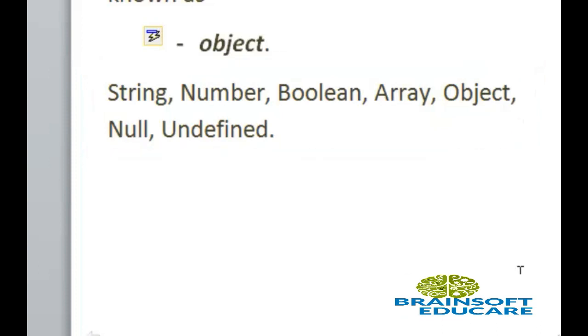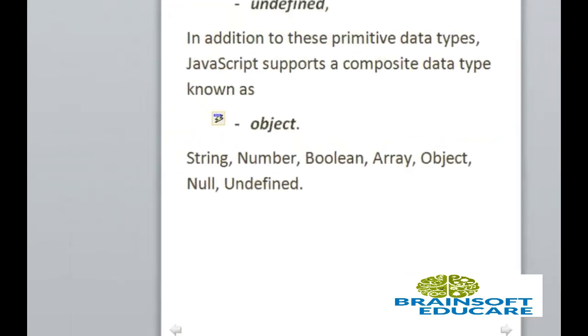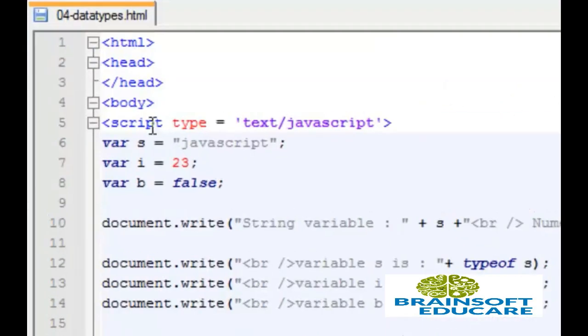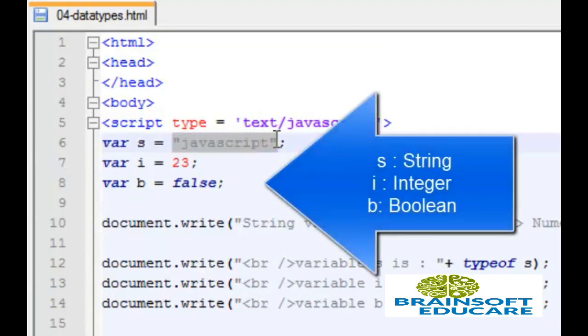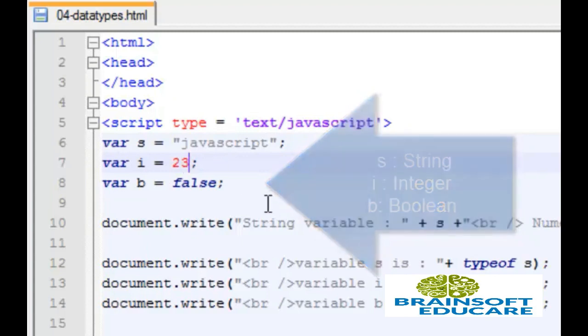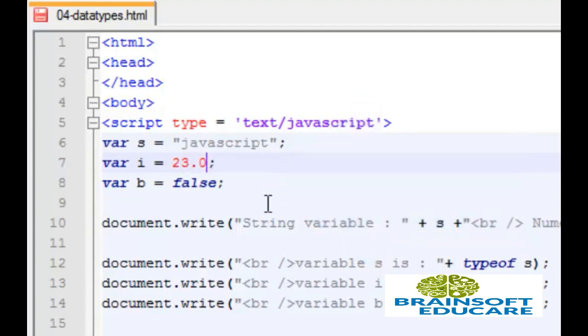Now let's take a look at the example of data type. So here in this JavaScript example, variable s is string, variable I is number. Here it contains simple integer number. We can also write some float number here like this. Here variable b is boolean, which contains false value,